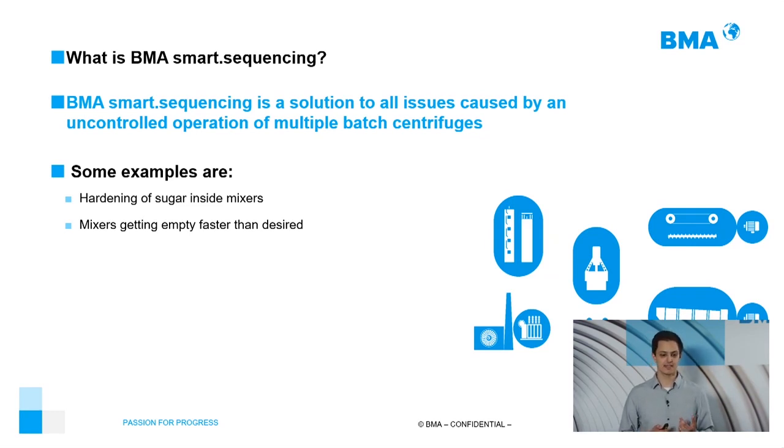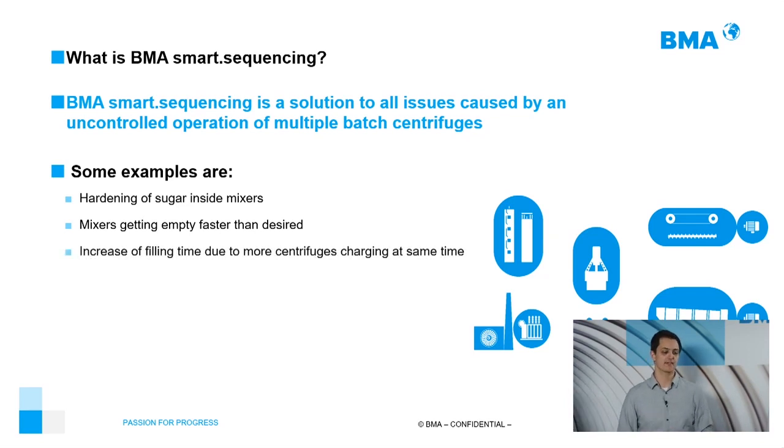And then the customer says, okay, now the sugar is over, I will turn off these and these centrifuges. And after 20 minutes, we have a new vacuum pan, and then the mixer is full again, then you start the centrifuges again. And this is definitely not good, because we want the complete factory working always homogeneously. So we don't want the mixer to get empty faster.